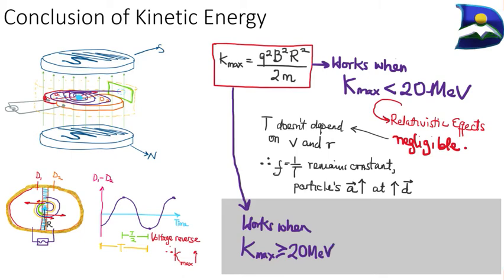Therefore, the mass is going to be equal to the mass and the velocity, which is pretty much the momentum. So this is something to take note of: when the kinetic energy is less than 20 mega electron volts, the frequency remains constant, but the acceleration increases as the distance covered increases. So looking at examples of this particular machine, we have the Fermi National Accelerator Laboratory, which is